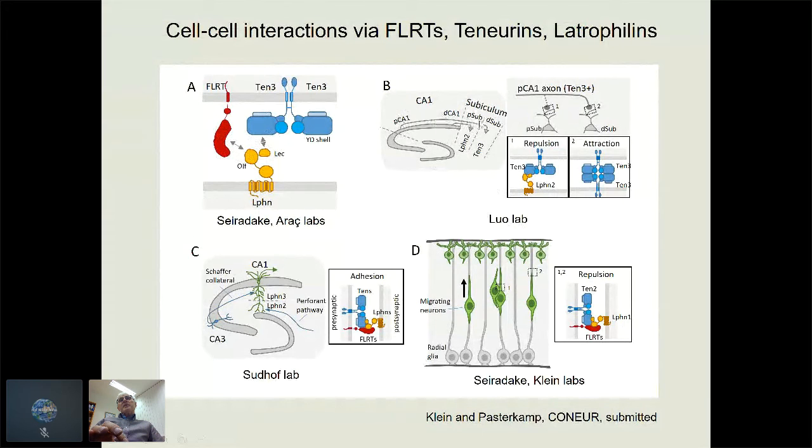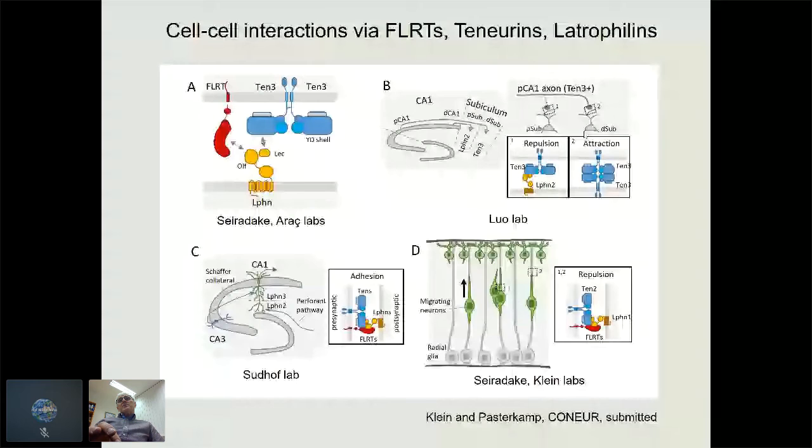All of these axons express teneurin-3, and the distal subiculum neurons also express teneurin-3. And he showed in a paper 2 or 3 years ago that the teneurin-3 homophilic interaction, and probably attraction, is what makes these proximal CA1 axons target the distal subiculum. And in very new work, which is on bioRxiv,